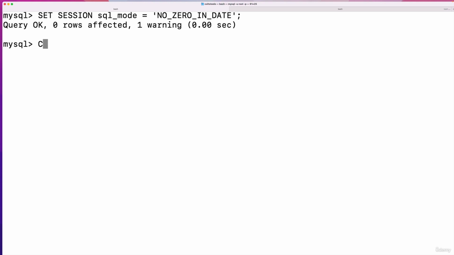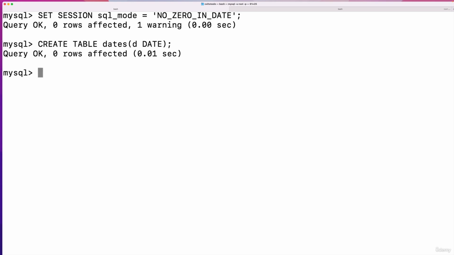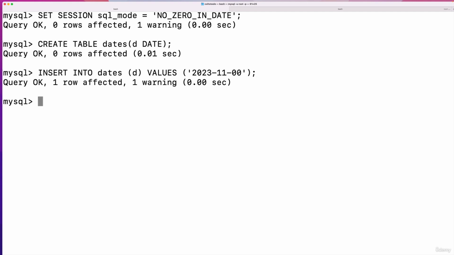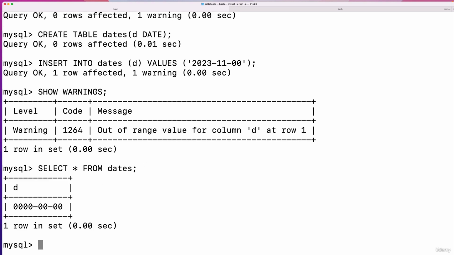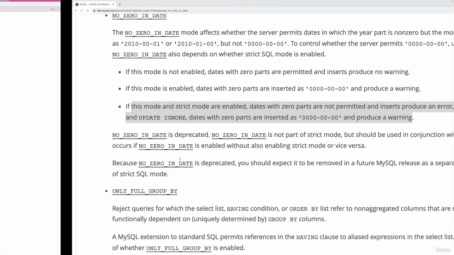If I create a table, let's just have a very simple table called dates, and it has a single column. Create table dates. It has a single column D of type date. If I insert into dates, insert values, and then in here we'll do something like 2023-1100. That is a date with 0 in it. I get a warning, right? Show warnings. Okay, warning. If I select star from dates, it did go in there as a full 0 date,